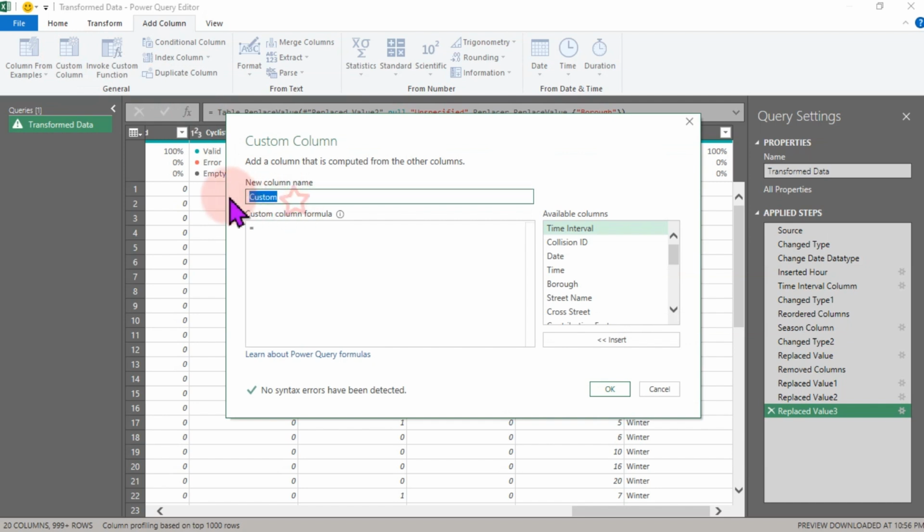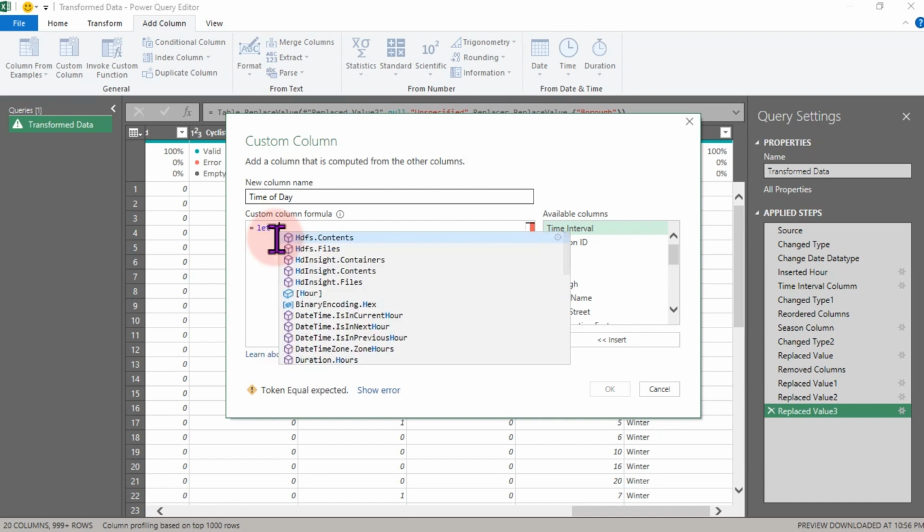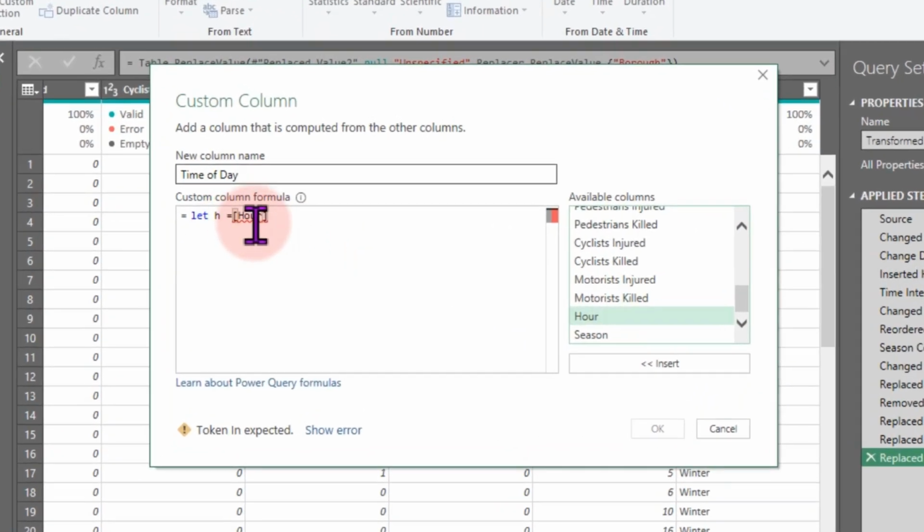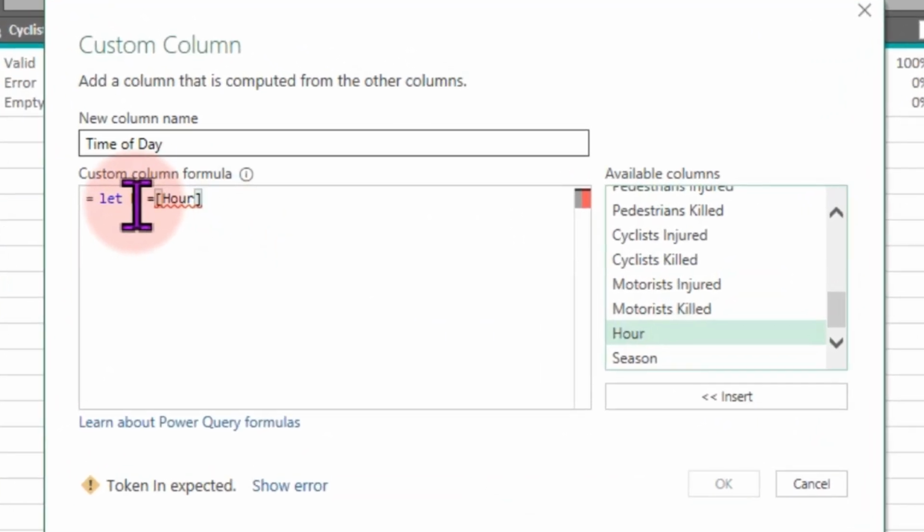So with the custom column, I'm going to rename this one to time of day. Once I've done that, over here I'm going to do let, then h. So what is h? H is our variable. We want to store the hour in here right now, so it's going to be equals. Then we have to reference the hour from this. So we have just stored this particular hour into h as our variable. So I'm going to say in